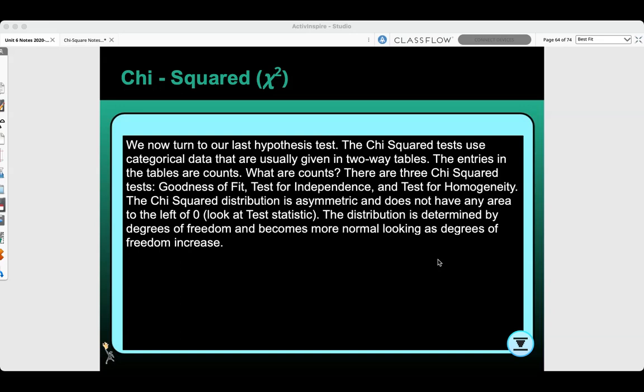The chi-squared distribution is asymmetric and does not have any area to the left of 0. So you have to look at the test statistic. The distribution is determined by the degrees of freedom and becomes more and more normal looking as degrees of freedom increase. So as we're looking at our chi-squared distribution,